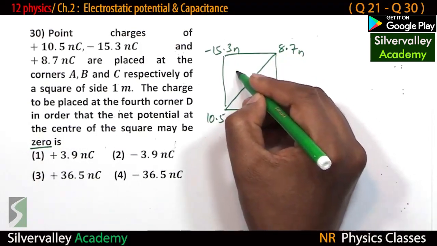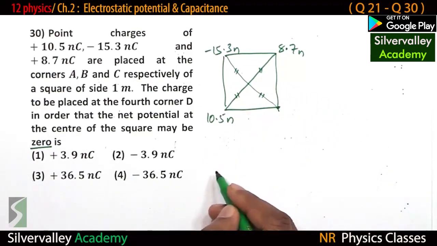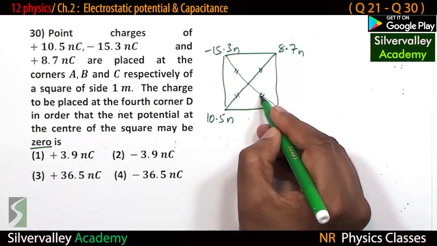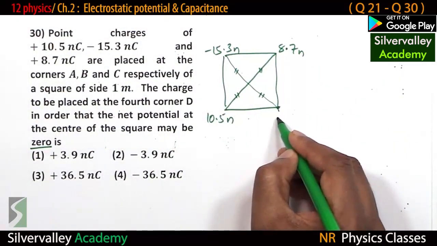The center is equidistant from these 4 charges. Since distances are equal,